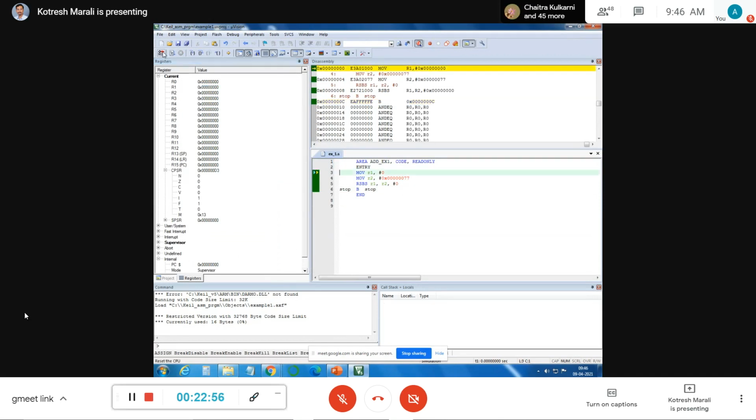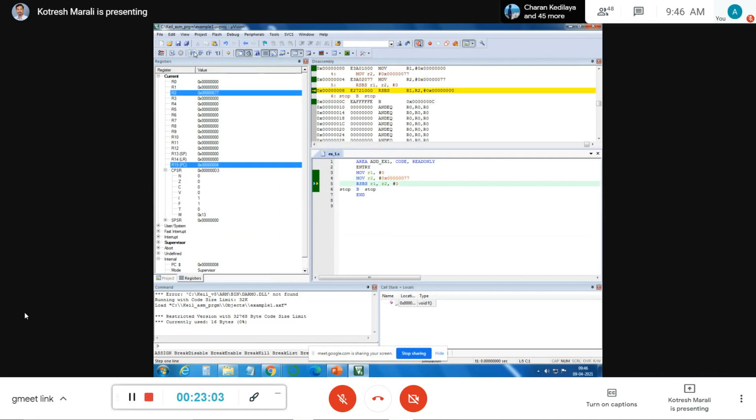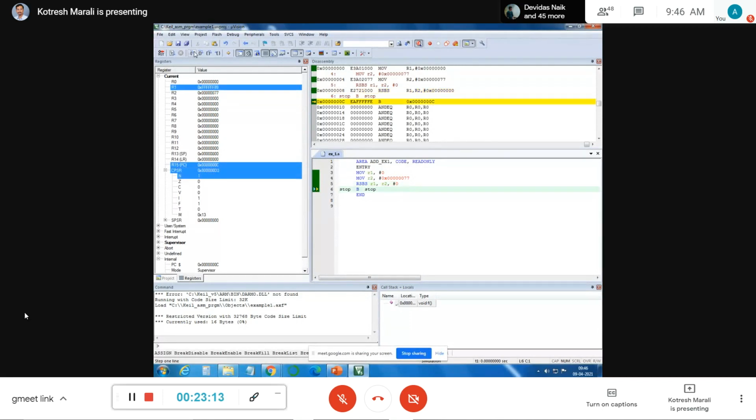I'll rerun this, reset. Once again, it will take the first value 0, and next R2 is getting updated with 77. R3 and as well as n, observe simultaneously. So here the n value is 1, which means that the number is negative, and it will update the output to FFFFFF89.